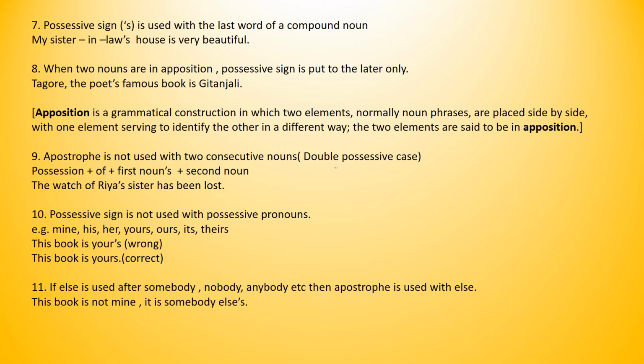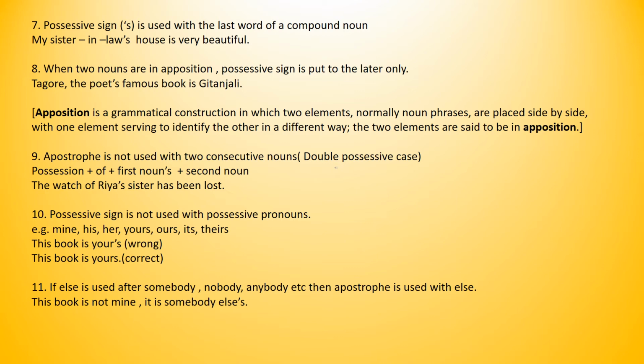Apostrophe S is not used with two consecutive nouns, which means double possessive case. For example, possession plus of plus first noun plus second noun. This way you have to write. So the example is, the watch of Riya's sister has been lost. Here what is the possession? The possession is the watch. Then we have used of. Then first noun and then apostrophe S. So first noun is Riya and we have used apostrophe S with Riya. Then another noun is sister,